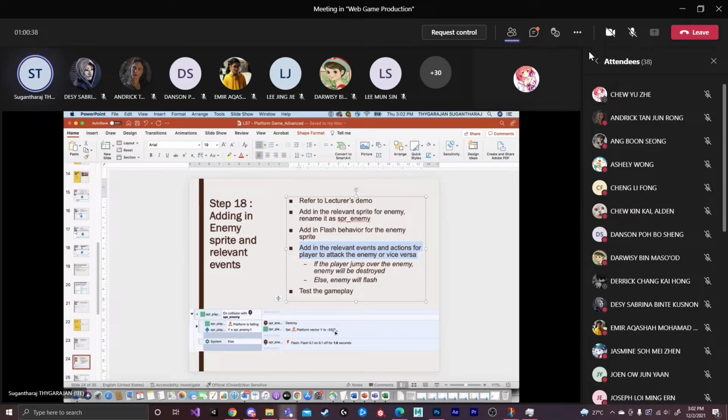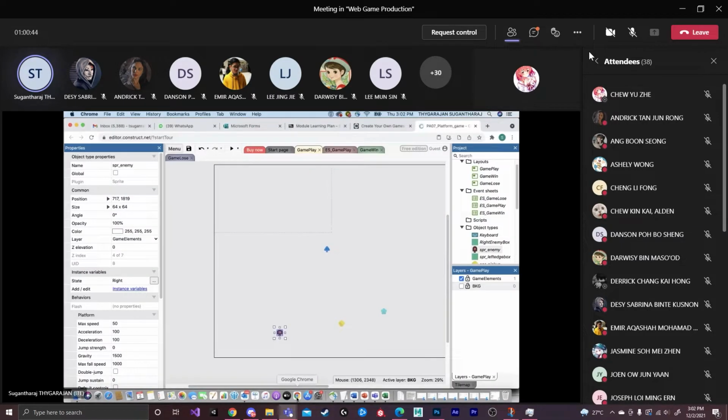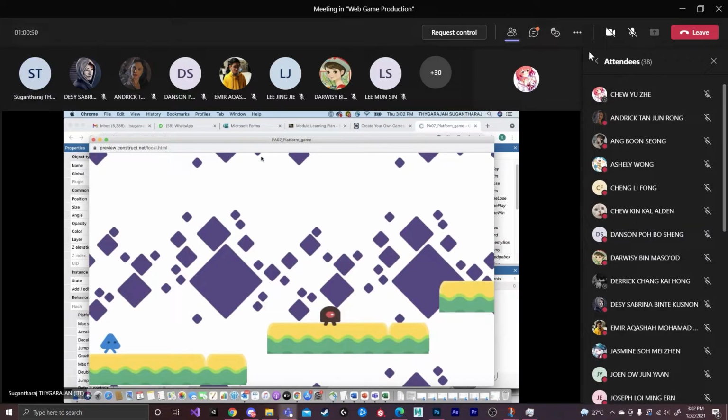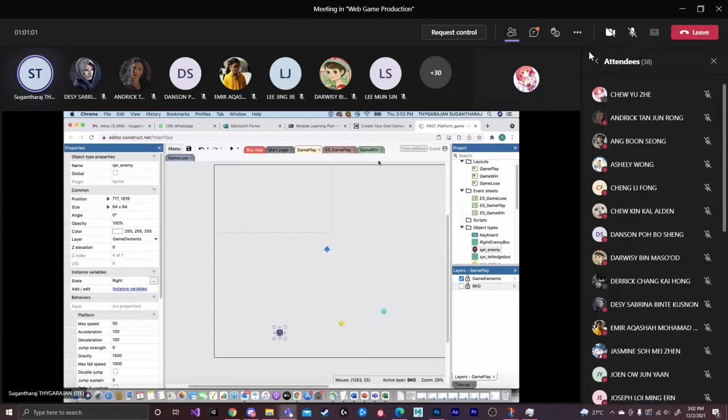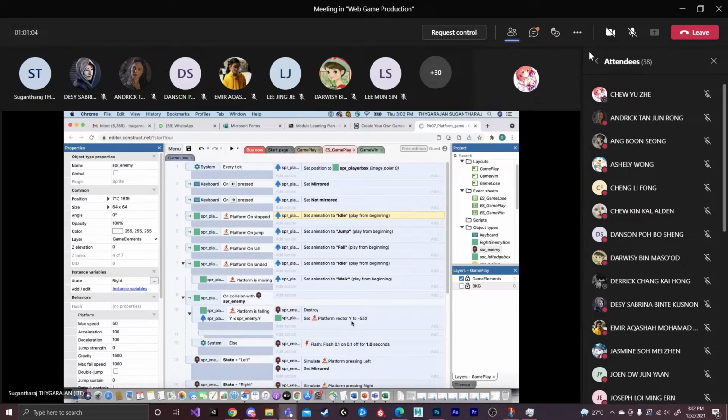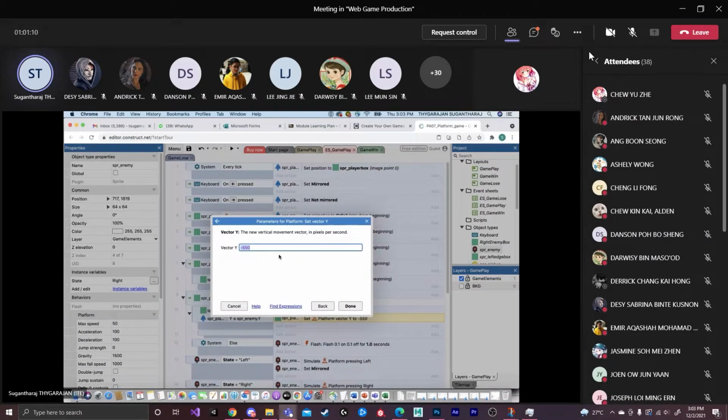Let me show you again at this particular action. I just go over here. I play. I just go, then I jump. You see, immediately it is jumping. For example, suppose I go to the ES gameplay and edit. Instead of minus 550, I change it to 1050 so that it can go to a longer height. Okay, I just play again.